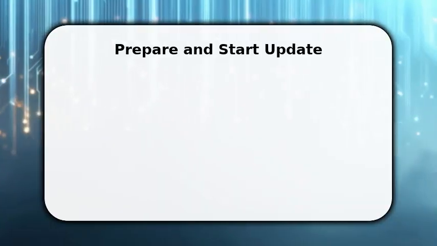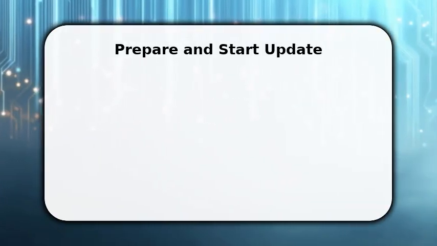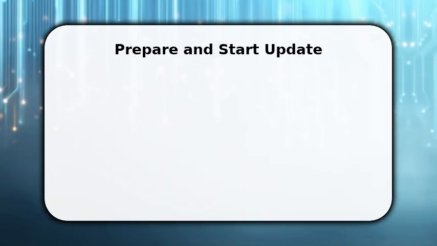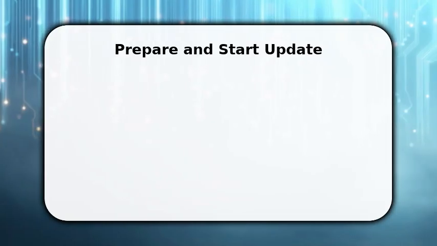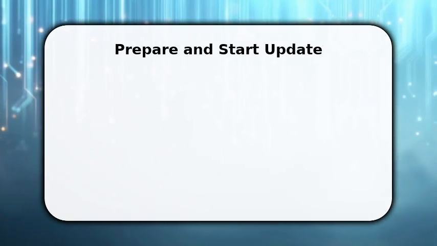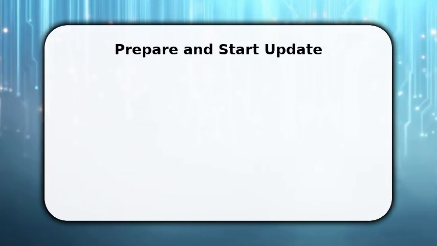You start by confirming a current backup so files stay safe. This is not optional. Once done, free up at least 20% of disk space and close large apps. This reduces installation failures and speeds the process. Make sure your laptop is plugged in and on a reliable Wi-Fi network, then open Settings, Update and Security, Windows